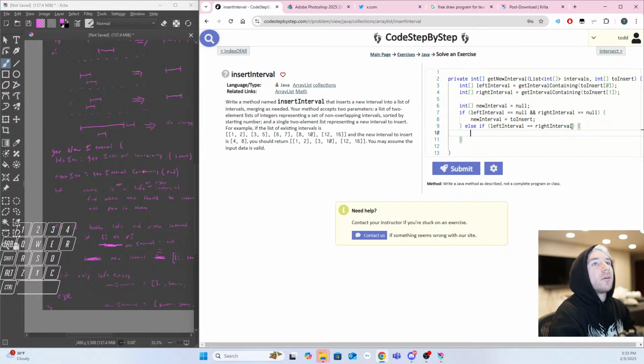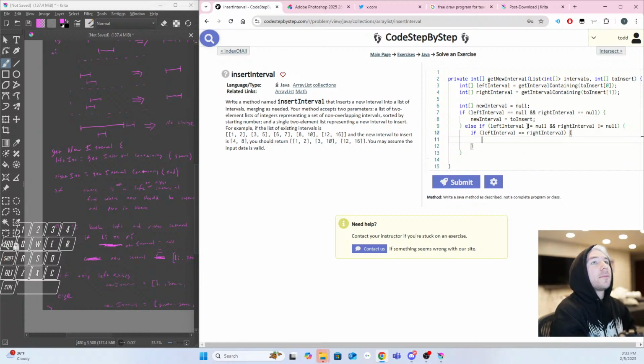So if left interval not equal null and right interval not equal null, what am I going to do? Okay, so actually I'm going to say special case if left interval is equal to right interval, what are we going to do here? I want to set this to null, which is actually basically doing nothing. So I'm actually just going to have a case for if they are not the same, because I want to do nothing if they are the same,